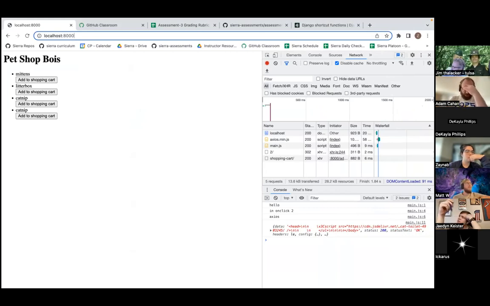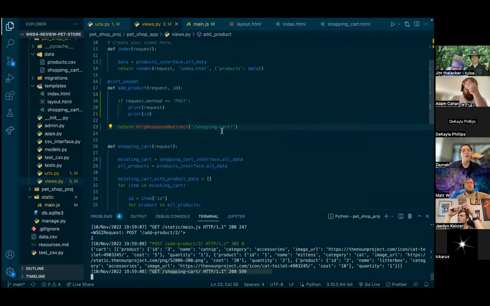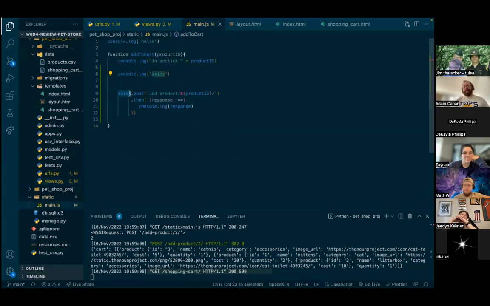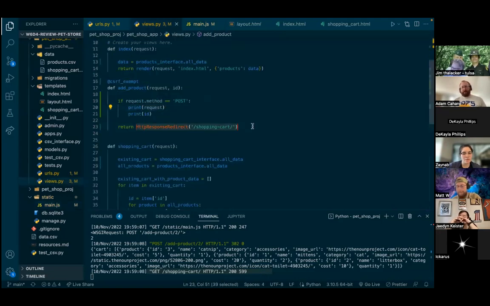We are making a post request with Axios, so it is not triggering the default browser redirect behavior because the handling of that HTTP response is being delegated to our JavaScript code. Yes, I forgot about that. Correct. So it's expecting a response back, and instead of doing a response redirect like this, we should be,